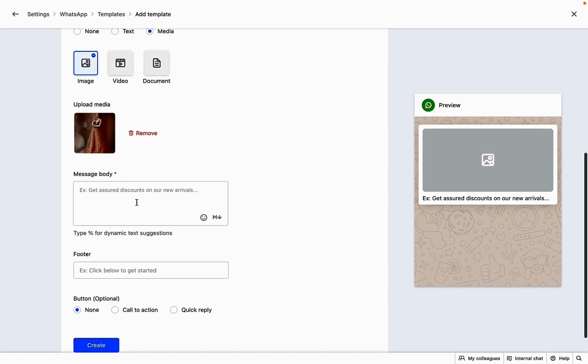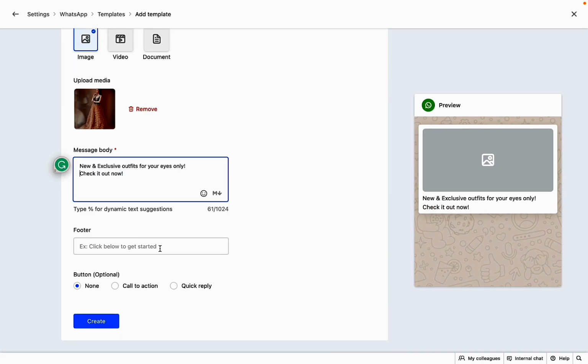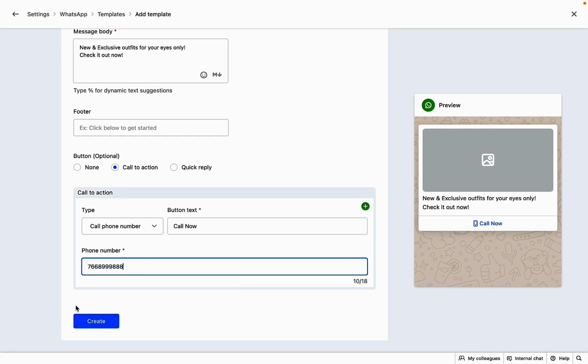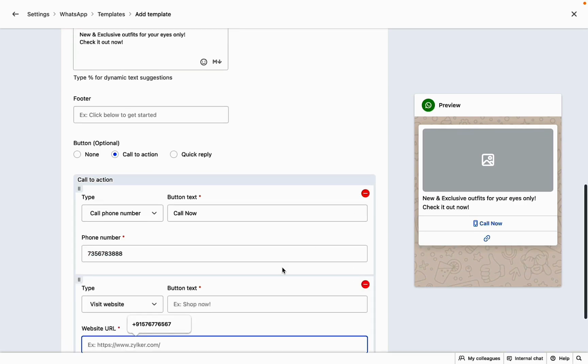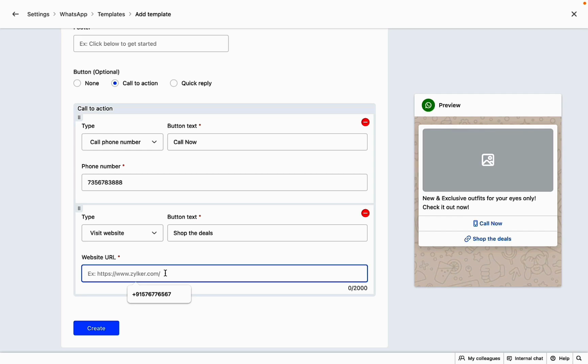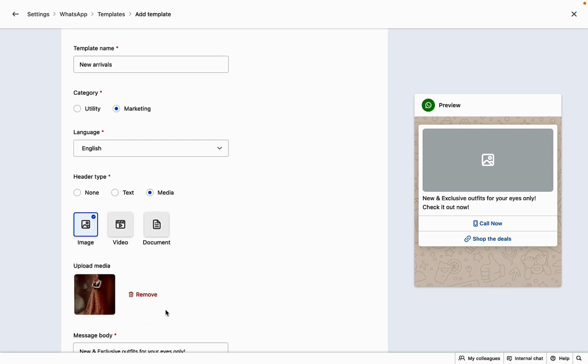So you can type in the message body here. I'm just going to type in a few things. New and exclusive outfits. So anything you want, whatever content you need for your template, you can add it right here. We have button options, which are call to action and quick reply. We have two types of call to actions here. You can add in a phone number, or you can also choose visit website, which is where you can redirect to the website. So I'm just going to type in the button text and the website URL, and then yes, that's it. Click on create